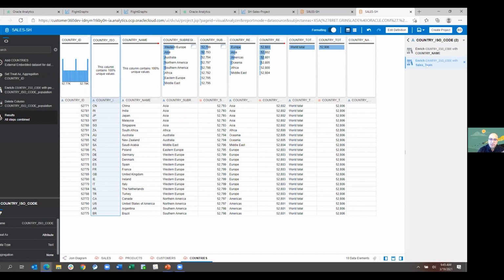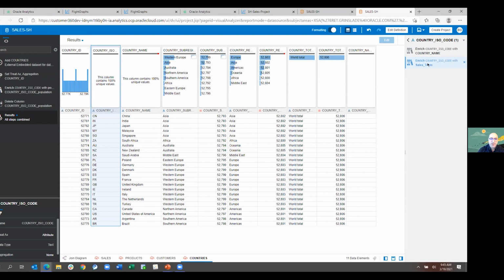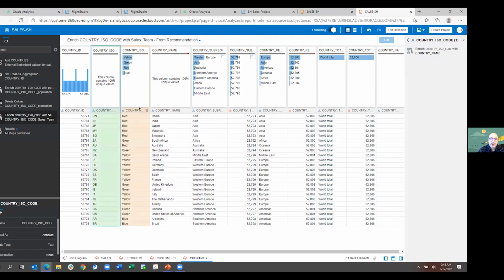Let's say maybe we have an Excel file that manages how we're mapping different groups together. I can just add this enrichment, and now my data model will have these as part of the data model without having to go through joins or try to find those tables in a different part of the schema. So that's a nice, easy way to add some enrichments to your data sets. We typically talk about things like complex product identifiers, or drug names, there's all kinds of scenarios. We'd be interested in what you might try to use it for.